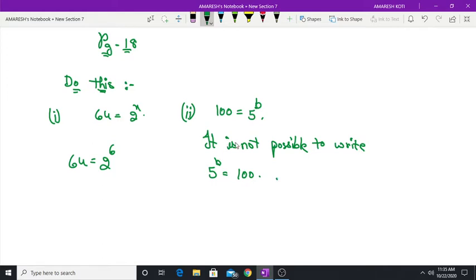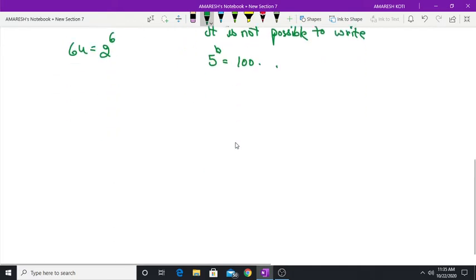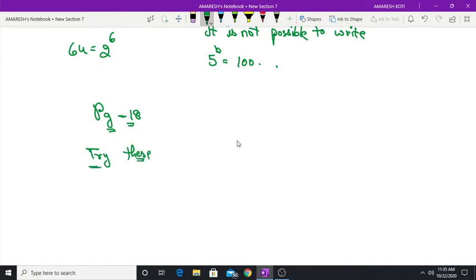There are still another 3 sums. Do them on your own. And now let's see page number 18, Try This. You may have a doubt why we are doing Do This and Try This. I will answer: Do This and Try This are sums which we have to do by our mental capacity.